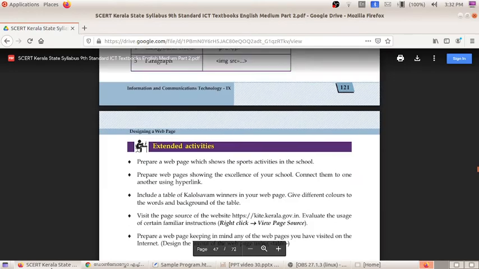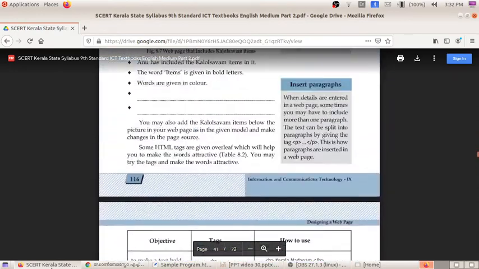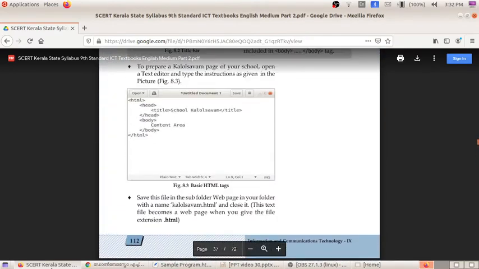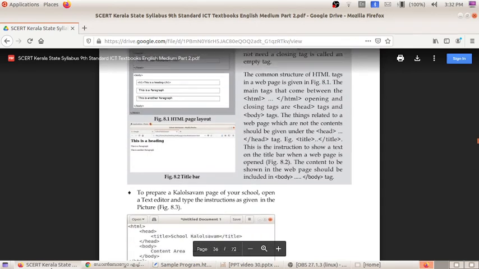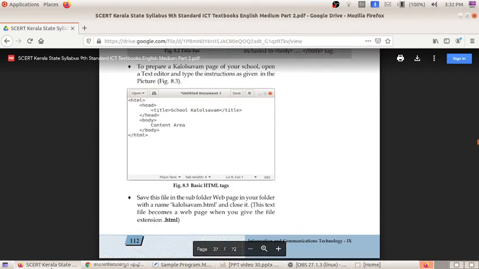So in this chapter, let us summarize what all things we have studied. We studied how to write basic HTML code, and what the tags are for that: HTML tag, header tag, body tag. All the tags must be closed when they are opened.